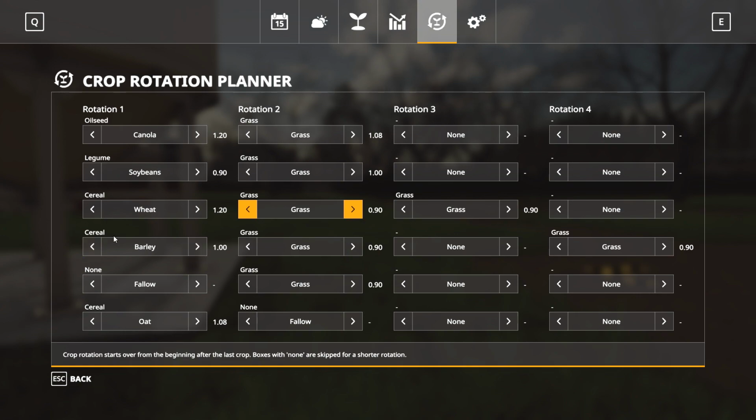8, 7 will be on barley. 6, which is 4. No, 4, which is the one furthest away, that will be left fallow this year, so I'm not going to do a thing with that. Then oats will go into, I think it's 6, so that will have to be cultivated before we can seed